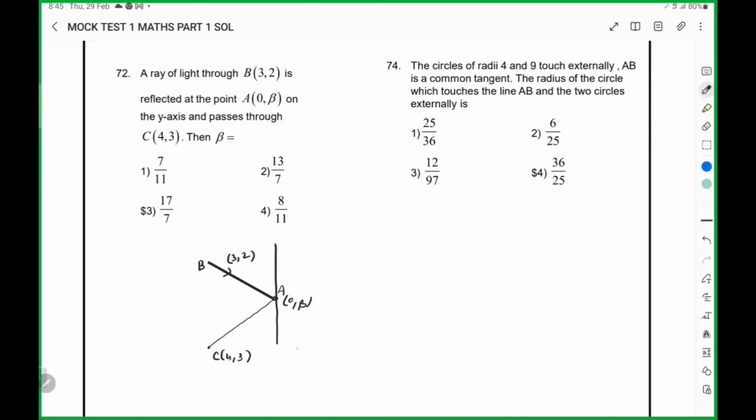Then beta equal to? Take its reflection. This distance and this distance are equal. Then the reflection of C, let us say D. If you join this,